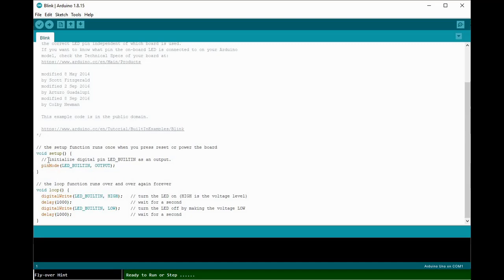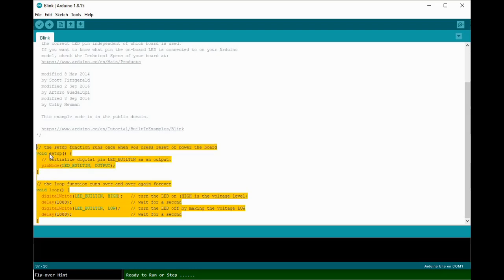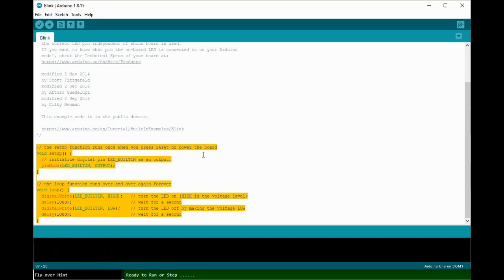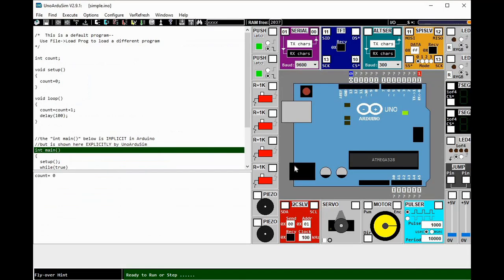You'll notice that from void setup up to the void loop, we're just going to copy. Once you were able to copy that program, you can transfer that to your Uno Arduino.